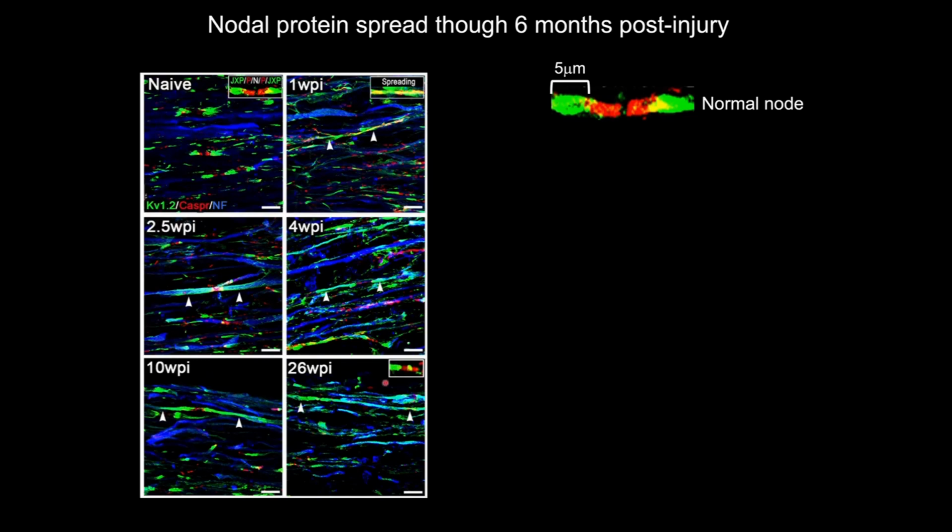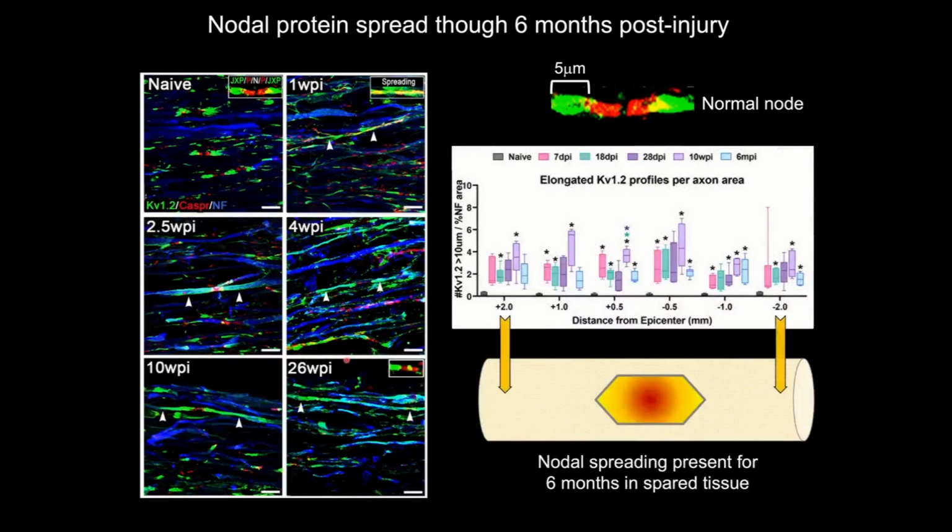So we see evidence of longer profiles and shorter profiles, overlapping profiles, all indicative of axons that are still there, but their nodal proteins are not organized in the way that would suggest they're able to fire properly because of myelination. So quantifying this is what the graphs look like.